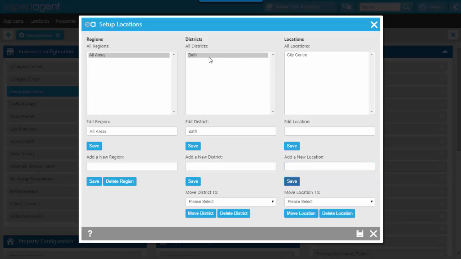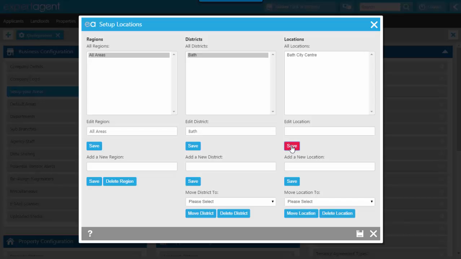and then save. Now if you cover multiple cities, for example, what you will need to do is not call that city centre, call that Bath city centre. Again, if you cover multiple towns and you've got town centres, let's say for example Bath is a city, Frome is a town, but if both of them were cities or both of them were towns, I would need to put Frome under Frome Town Centre or Frome City Centre, just so that